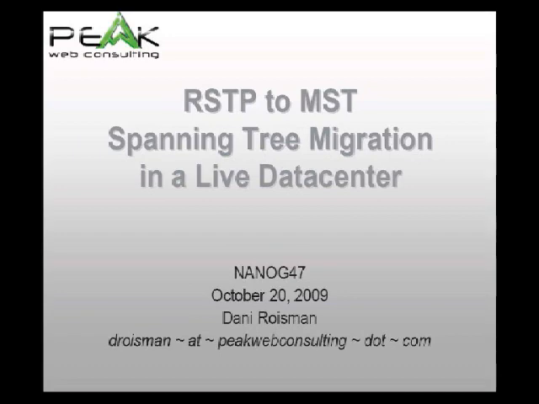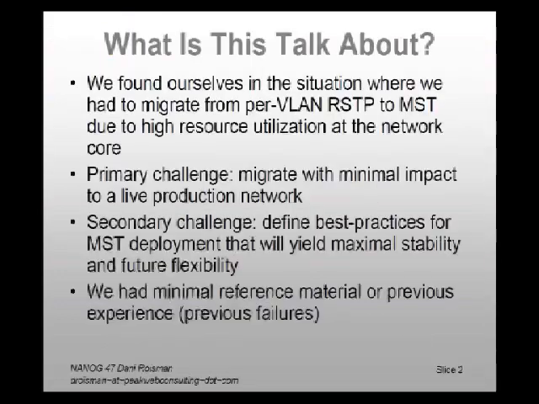I've been able to come into a lot of existing operational environments and find places where people have done things differently than I've done in my previous organizations. Find lots of cool mistakes that we get to fix or talk about. A lot more than if you're working in one enterprise for a while, which is what I was doing before this. So this talk is about a situation we found ourselves in on a network we were charged with running